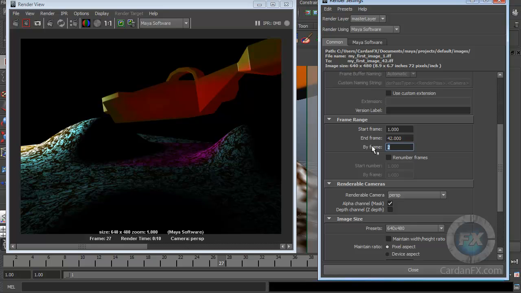So you can actually change how many frames you want to jump, and that's just because sometimes you want to have some kind of reference of what you are doing, and that way you can change this other option. Now you can actually renumber your frames in this case. So for example, let's say that we're going to start